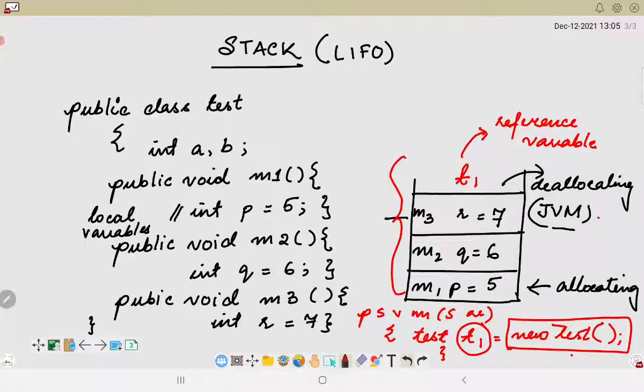The stack would be responsible only for the reference variables, as well as the methods and the local variables. Since p, q and r are local variables, these local variables would be given access to the object which has been created inside the heap memory.